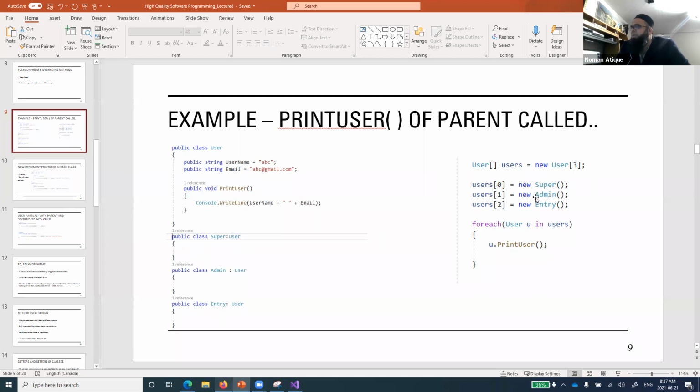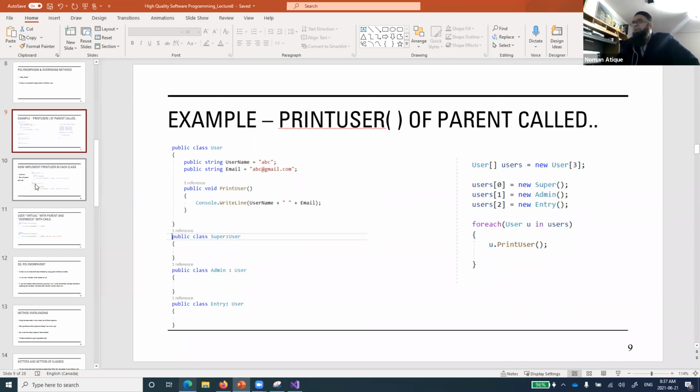Users 1 is new admin, second class. Users 2 is new entry, third class. We have defined these three class objects and stored them on the reference of the parent. And you remember, if you do something like that, it will just call the method from the parent.